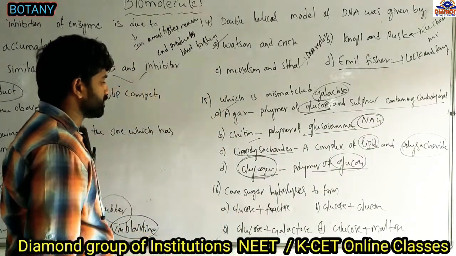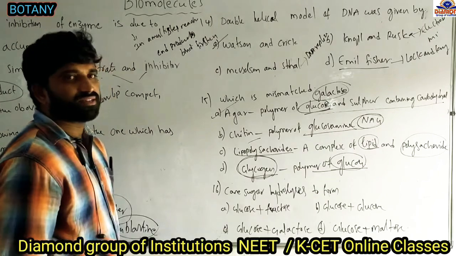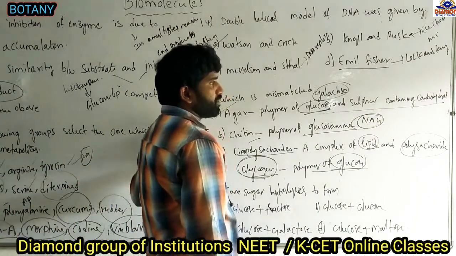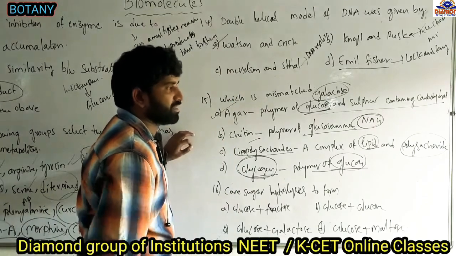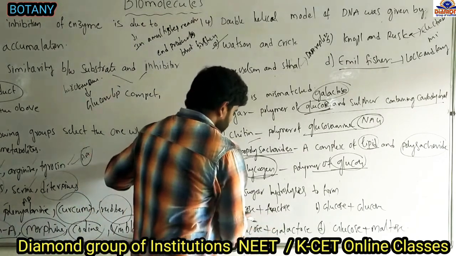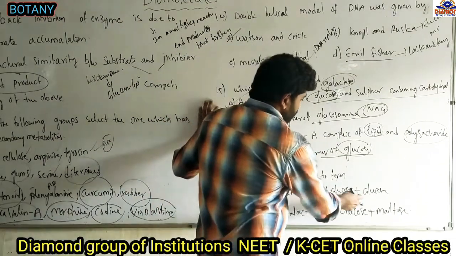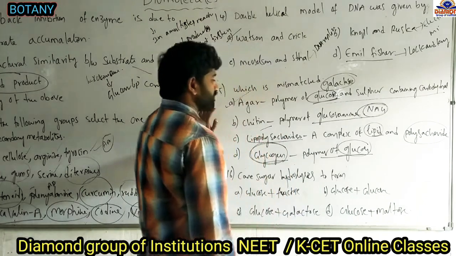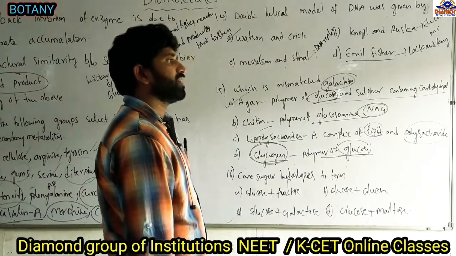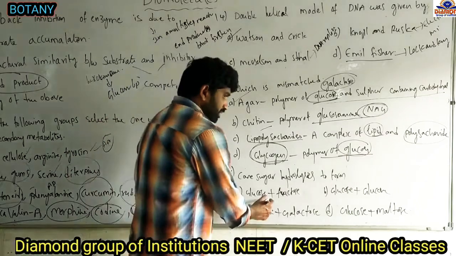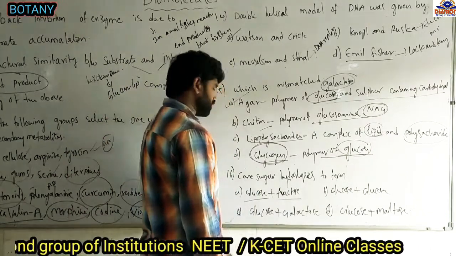And the next question: cane sugar hydrolysis forms. Cane sugar, that is sucrose, is hydrolyzed by the addition of water. It will become: option A, glucose and fructose; option B, glucose and glucose; option C, glucose and galactose; and option D, glucose and maltose. So cane sugar undergoes hydrolysis and forms one molecule of glucose and one molecule of fructose. Answer is